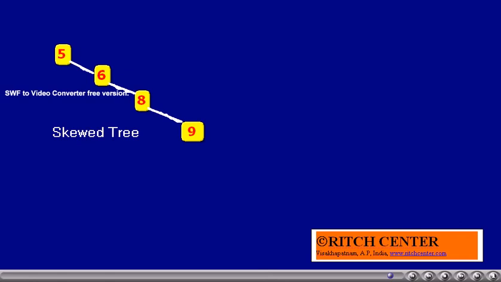So we in fact employ some height balancing techniques, which we will discuss in later sessions, which will make the tree always balanced. We have already discussed the balanced tree. What do we mean by a balanced tree? Such that the search cost becomes uniform. If we don't do this balancing, then there is no difference between sequential search and this tree.